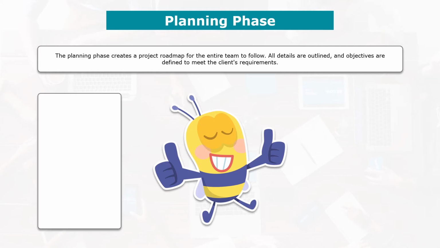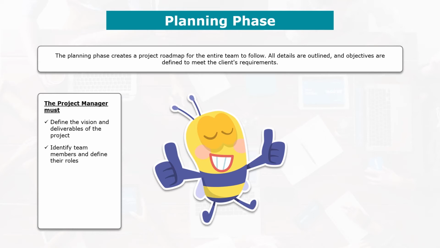But before this meeting, there is a lot that the project manager absolutely must do during the planning phase. So first of all, he must define the vision and the deliverables of the project. He must therefore define common objectives for all and what must be done at what moment of the project. He must identify team members and define their roles in terms of who does what in the project. This requires creating a detailed list of team members and providing contact information for each in order to facilitate communication